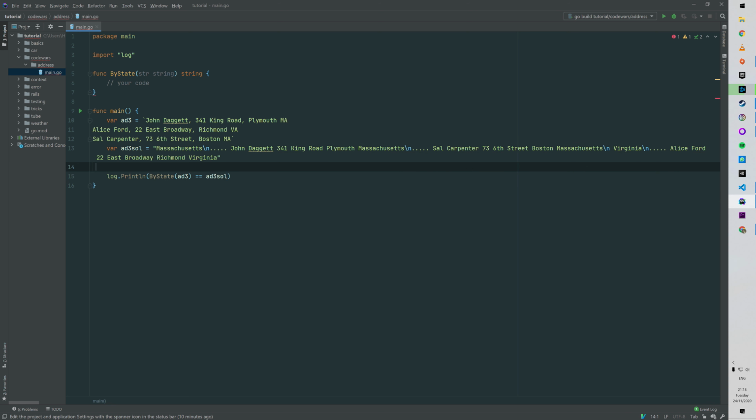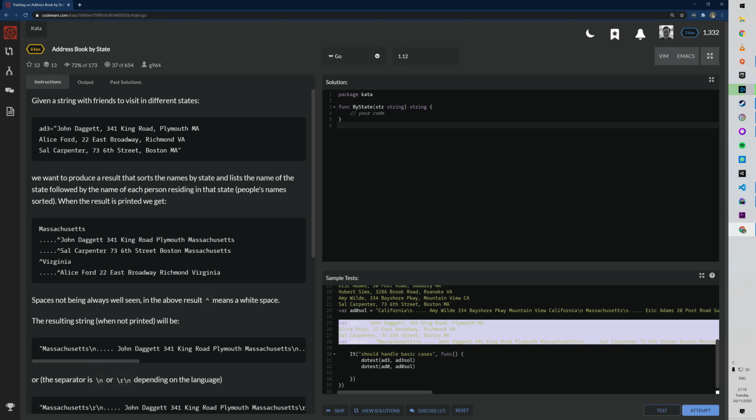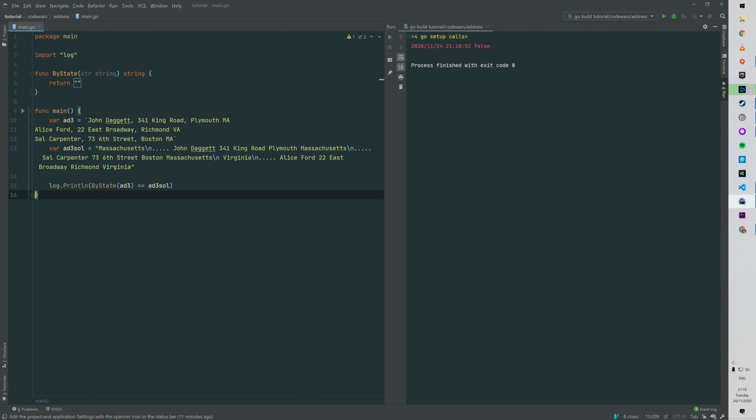Okay, so let's start parsing the raw input. What we're gonna have to do is get the name, get the address, and have a kind of lookup for the state name based on the state code, like VA for Virginia. In the instructions they were giving the map, so that's fine. All right, so let's start